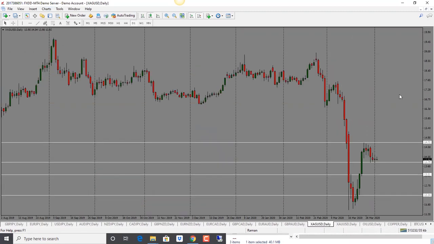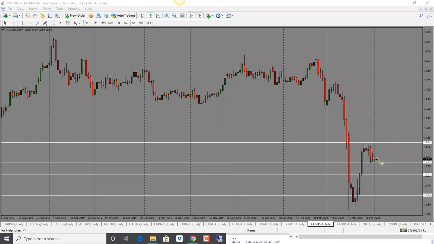Let's take a look at our commodities now. Starting off with silver. Price came into the support level, but hasn't managed to break through this one. Overall, we are still getting lower highs, so bias is still to the downside, but with caution here, because if it does not get to 13.80, we are going to see a reversal then. But for now, looks like it does have pressure to the downside.